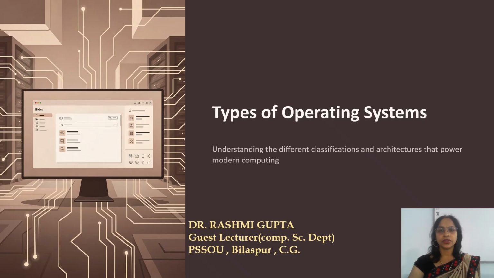In the first lecture, we discussed what is an operating system. As we know, an operating system is the backbone of the computer system. It manages hardware, software, and user interactions. In this presentation, we will understand how operating systems are classified, the different types of operating systems, their features, advantages, and limitations. Also, we will discuss real world examples, evolution and selection criteria for selecting an operating system.